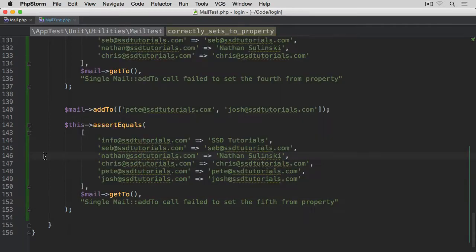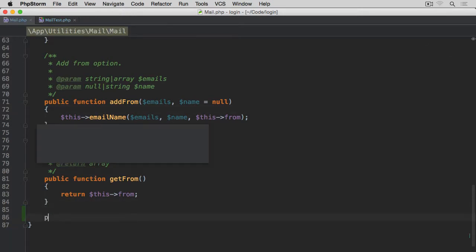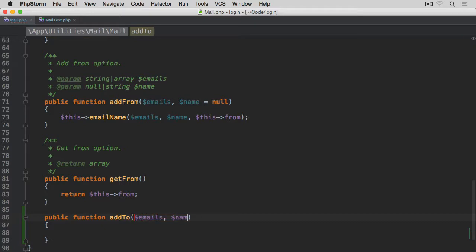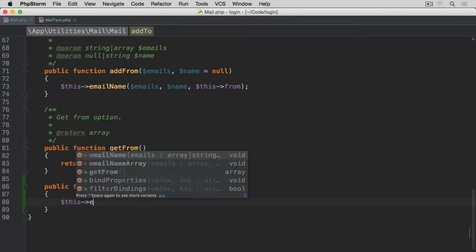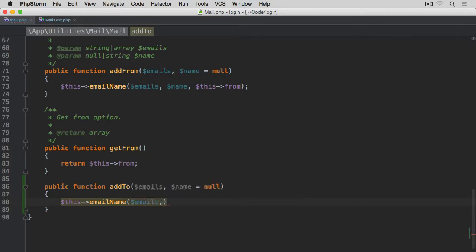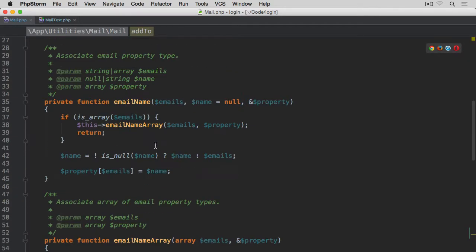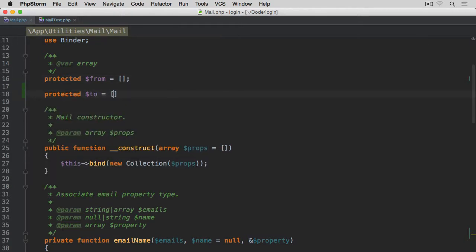method addTo. So let's open our mail class and let's create this public function addTo. It's going to take emails and the name, same thing as we had with our addFrom. And then it's going to run this email name. It's going to go for emails, then name, and the last thing is going to be, this time, the to property, which we don't have yet. So let's quickly add it after our from property, another protected one, to, which is of the